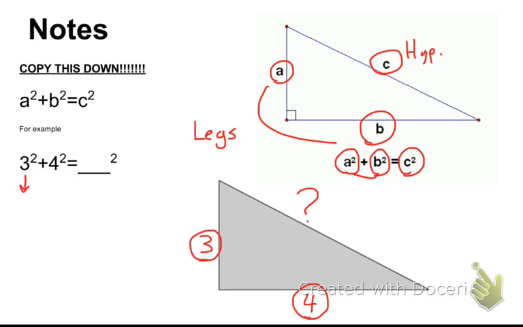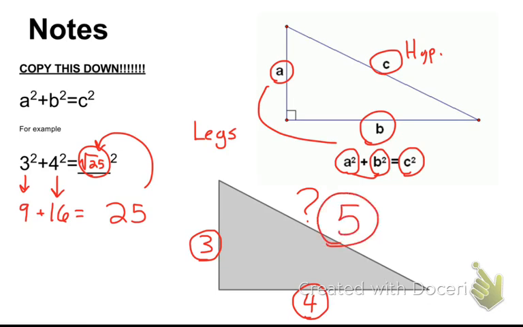do 3 squared, which gives me 9, plus 4 squared, which gives me 16. And you add those two together and you get 25, right? But remember, I want to find out what this number is. So what I have to do is take that 25 and find the square root of it. And the square root of 25 is 5. That as long as you know what those two shorter sides are, you can predict what the longer